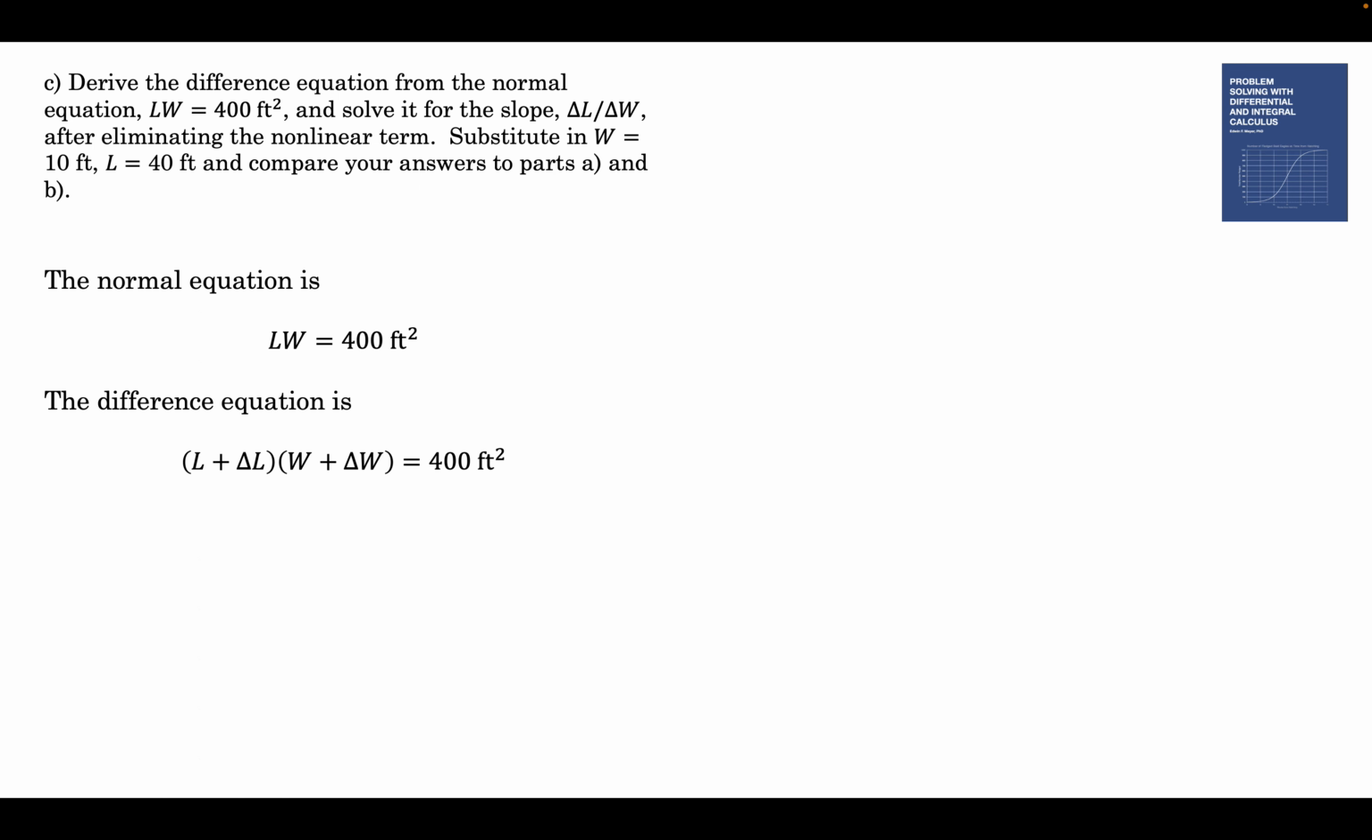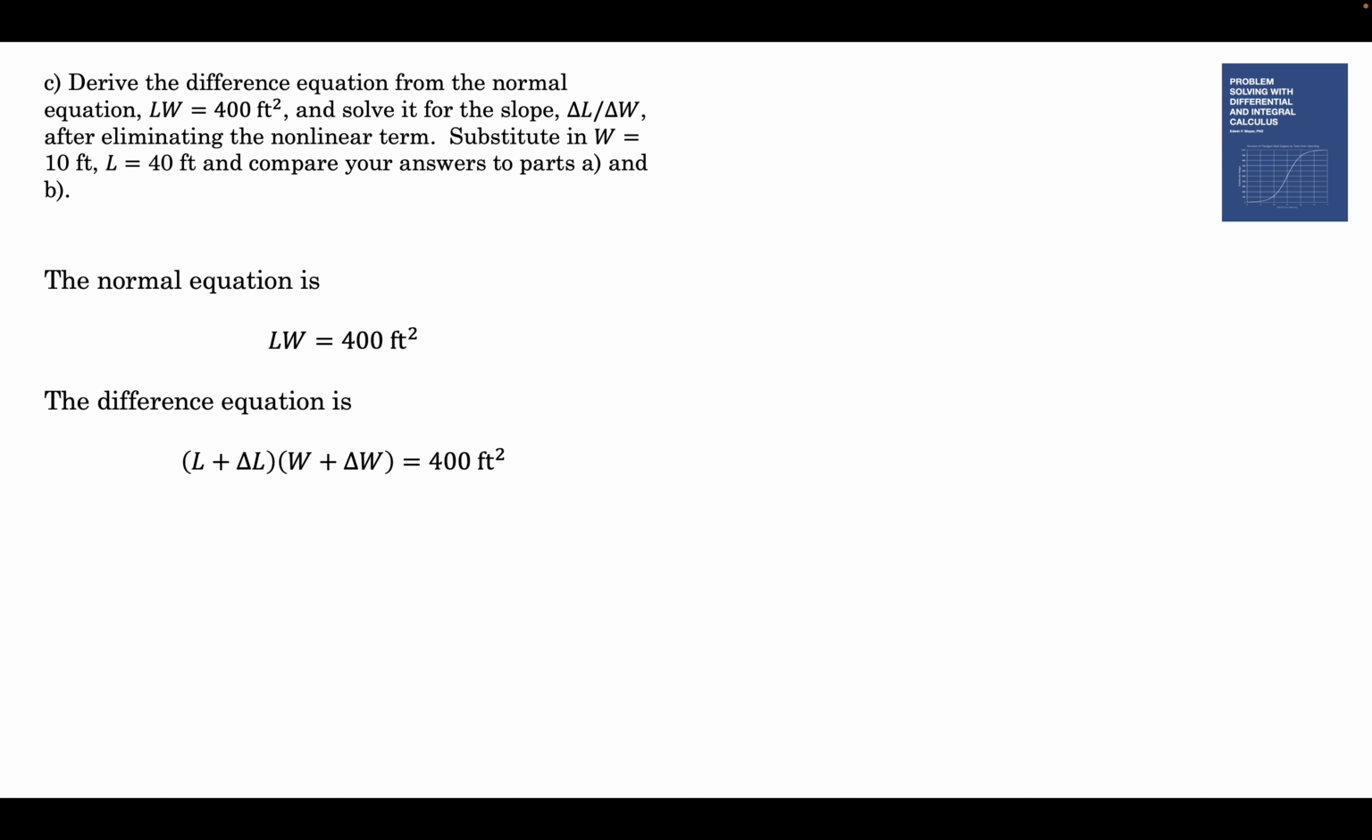On to part C. So let's get the difference equation, and then calculate the slope at that point. That's the normal equation. We're going to change L by delta L. We're going to change W by delta W. So there's the difference equation,